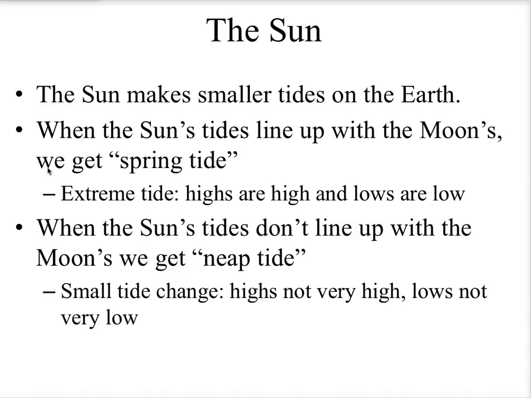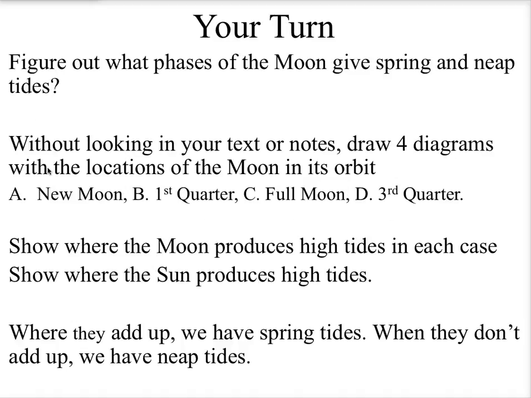And then we have a nip tide when the moon and the sun are perpendicular to each other. Okay, so the tides are not nearly as strong, and the high tides are not that high and the low tides are not all that low. So everything's sort of standard. Okay,